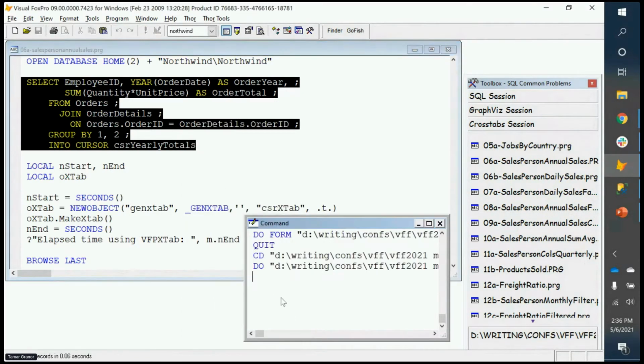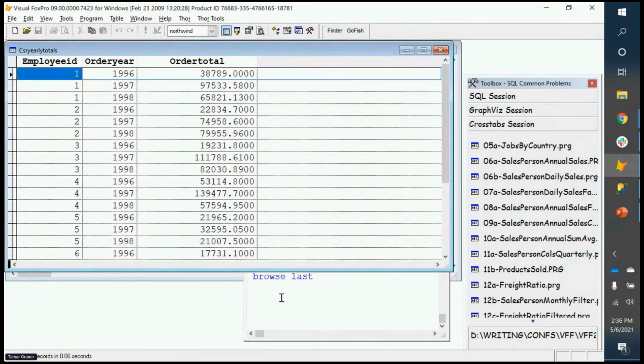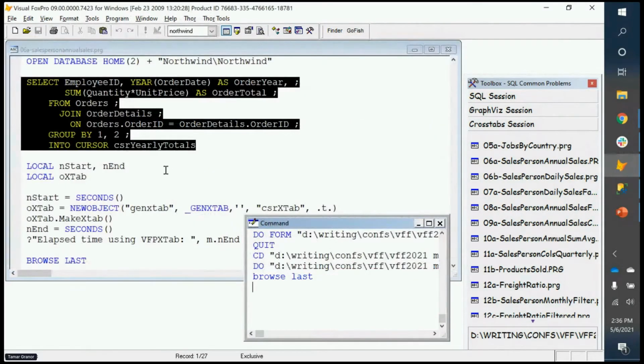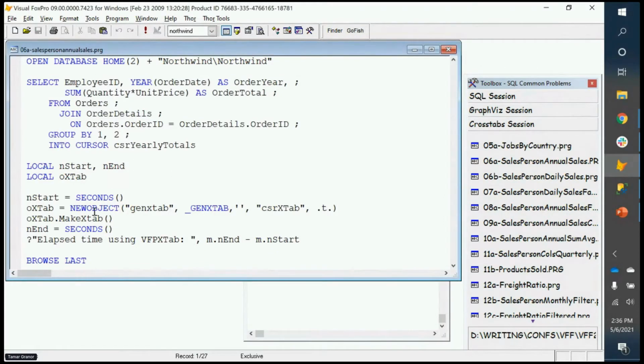Right, I have to browse it. So here we have one row per employee per year. And again, it has all the data, it's just not very readable. So what we do to turn that into something readable is instantiate the GenXTab object, and it accepts several parameters